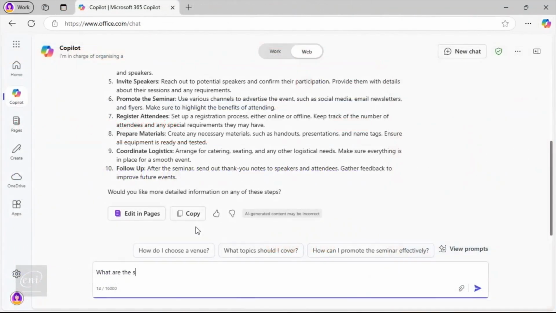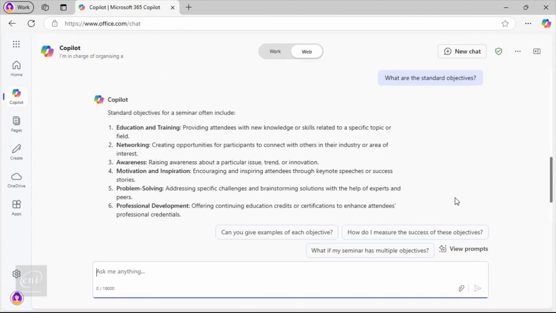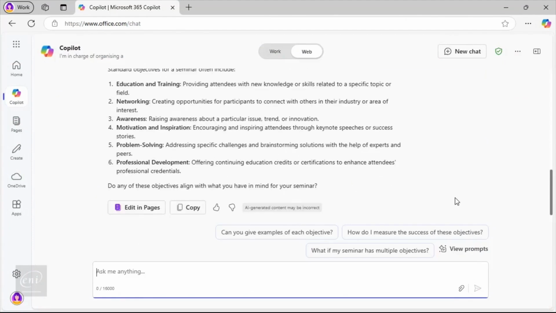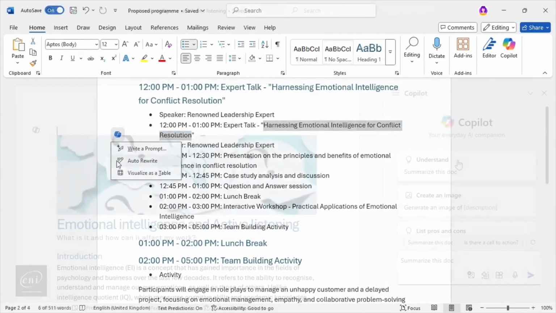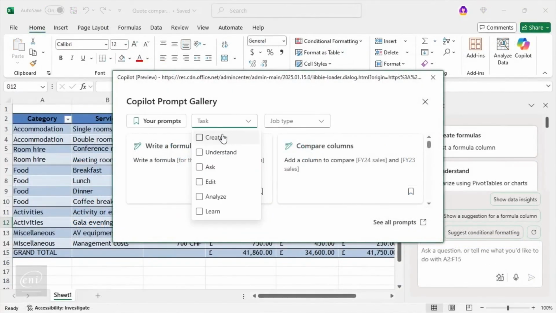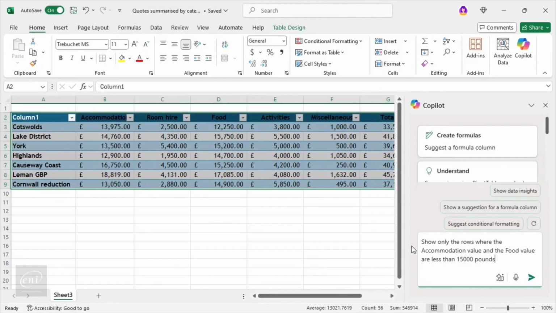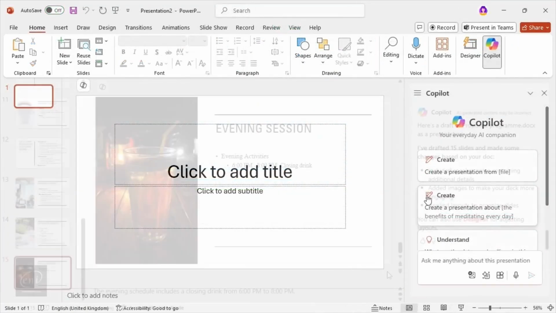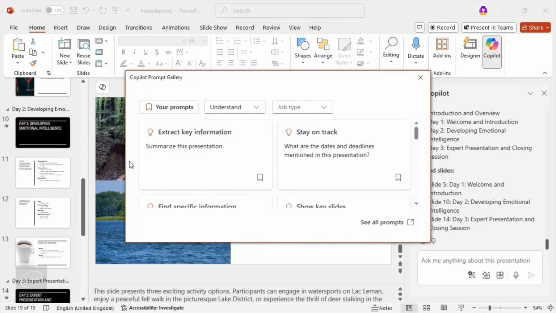Use cases will then be shown to demonstrate the capabilities of Copilot within Microsoft 365 applications for users with a Microsoft 365 account and a Copilot license. You will see how to write, rewrite, or summarize information in Word, create formulas, analyze or visualize data using Copilot in Excel, create, modify, or extract information from a PowerPoint presentation.